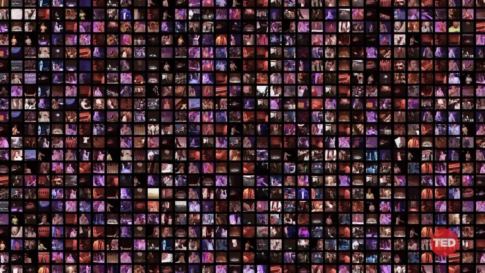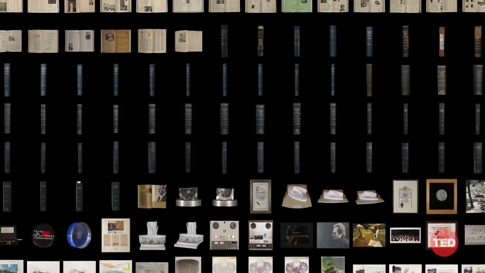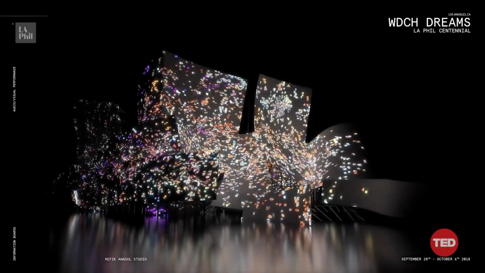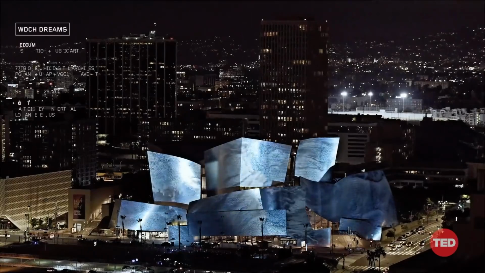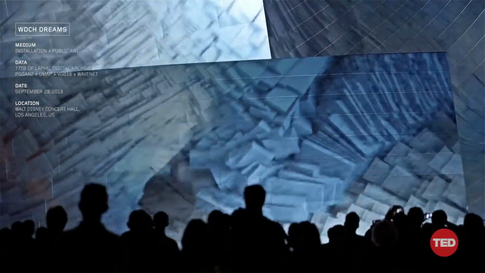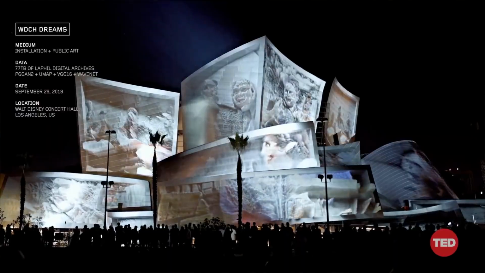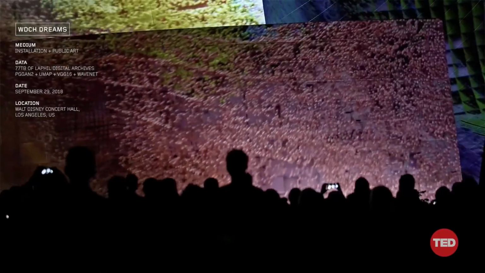Can it dream? To answer this question, we decided to collect everything recorded in the archives of the LA Phil and WCH. To be precise, 77 terabytes of digitally archived memories. By using machine intelligence, the entire archive, going back 100 years, became projections on the building's skin. 42 projectors were used to achieve this futuristic public experience in the heart of Los Angeles, getting one step closer to the LA of Blade Runner. If ever a building could dream, it was in this moment.